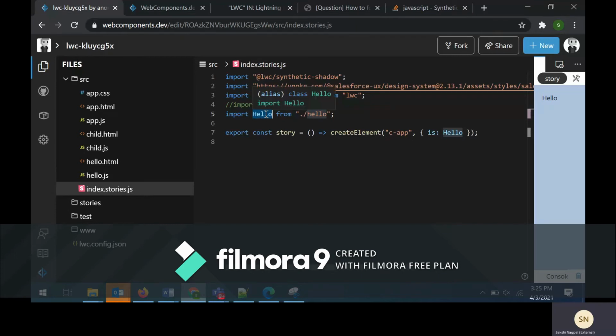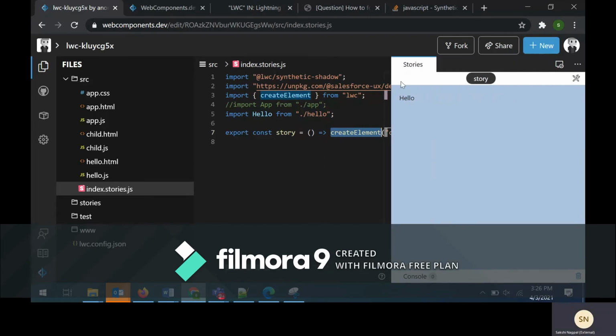It is importing the hello component, and then it is using createElement. createElement is used to dynamically show a Lightning Web Component. So which Lightning Web Component? The hello Lightning Web Component will be created dynamically. Here you can see the hello Lightning Web Component is shown dynamically.